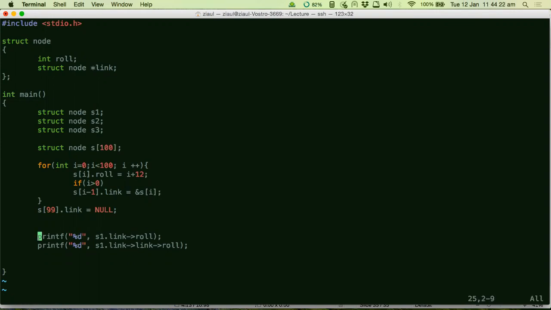So what is the benefit of this, guys? Tell me. What is the benefit? The benefit is, see, when you declare an array, you declare it statically, right? And even though both these things are okay, I mean they're similar, because in a structure array also you could just go and visit all the structures, right? By just going to the starting address, and then you can visit all the structures in the array. In the linked list also we are doing the same thing, right? But the benefit of this is